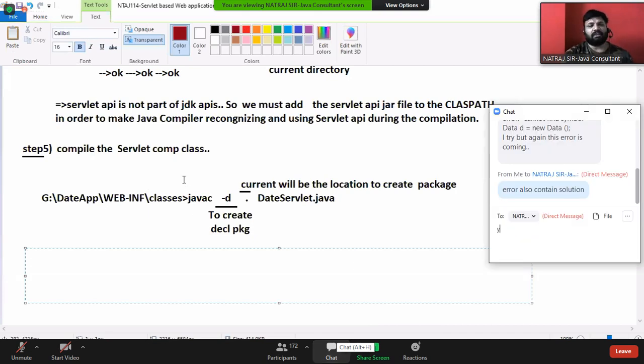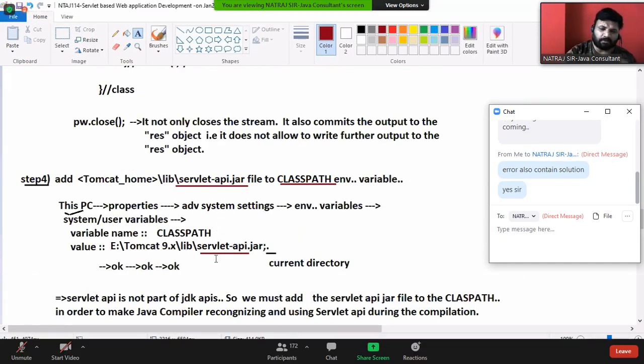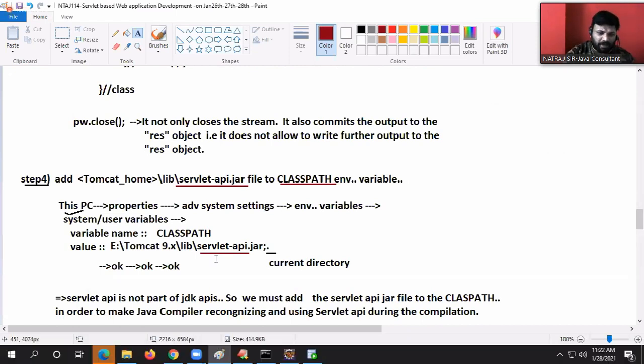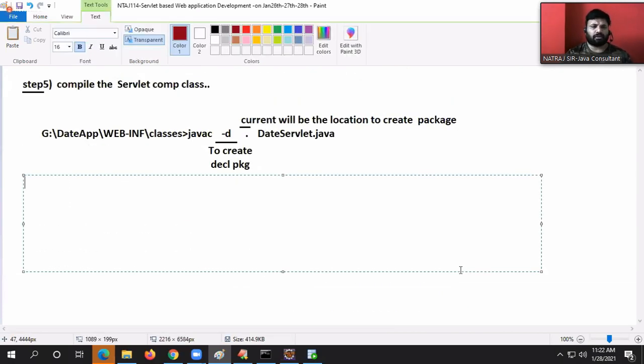Okay. Now tell me, servlet component is there in public area or private area? Private area. So without taking permission from servlet container through web.xml, can I give request to servlet component? No. Okay.